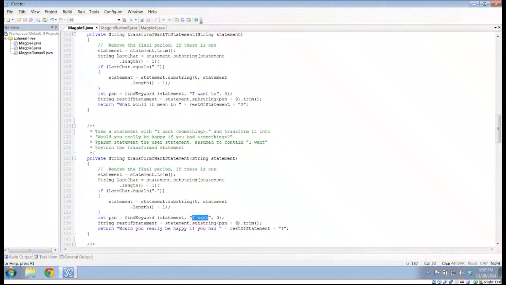So I really could change this to the string here, the string length. And then I can make this, would you really be happy if you had blank? Or what would it mean to blank? So in other words, the logic behind this is the same no matter what I'm doing. So if I were to create some string literals,